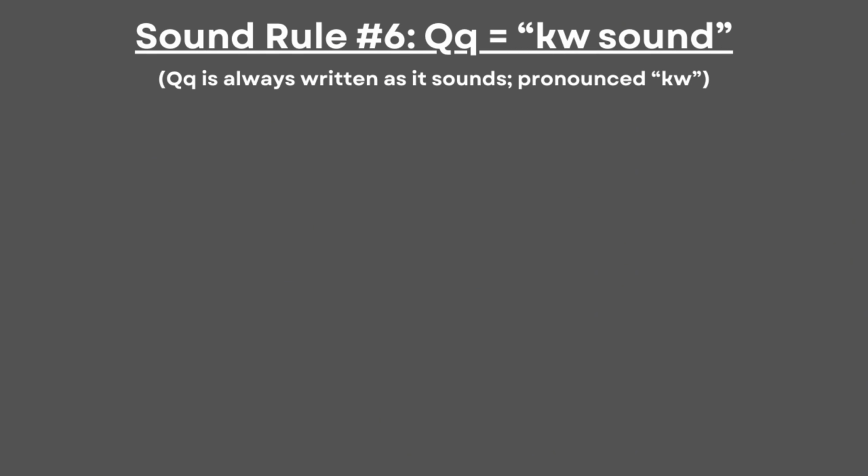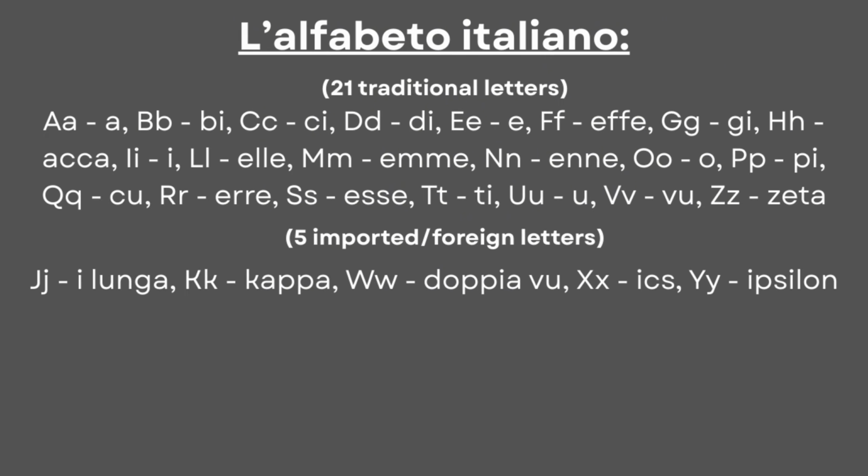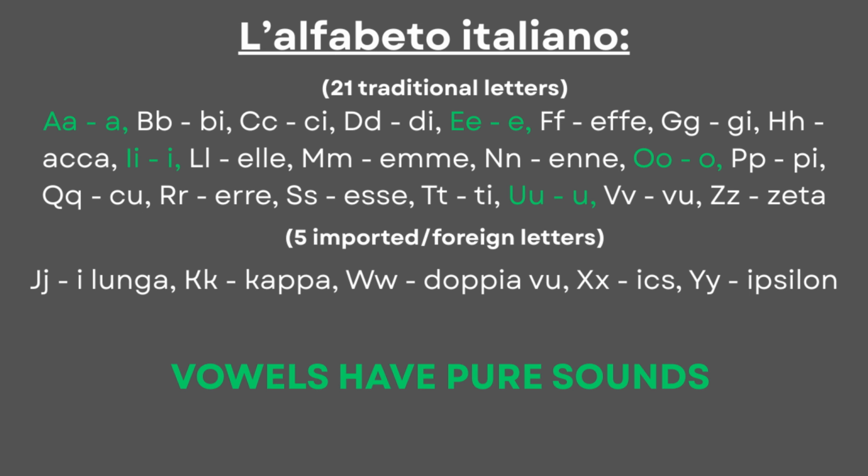The sixth rule is that the letter Q is always written as it sounds, but it's pronounced qu. This pronunciation is very similar to Spanish, if you know that, like in the words cuatro, quattro, questo, quando. After learning these rules, we now have a good comprehension of how consonants sound in Italian, considering that vowels have